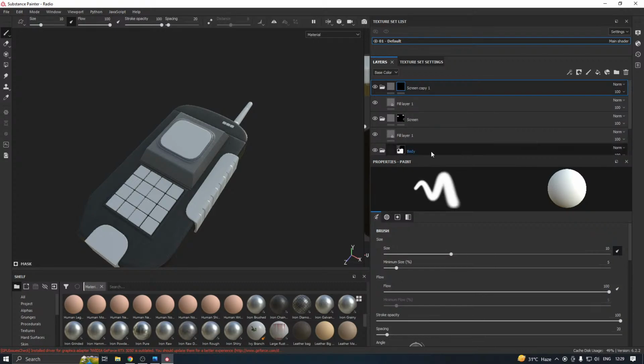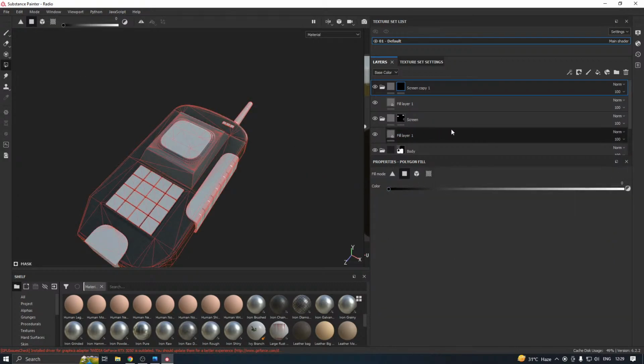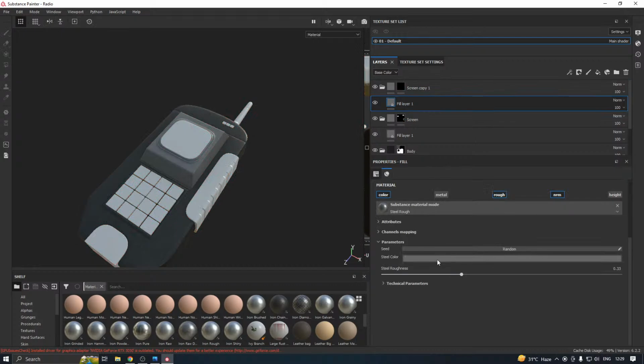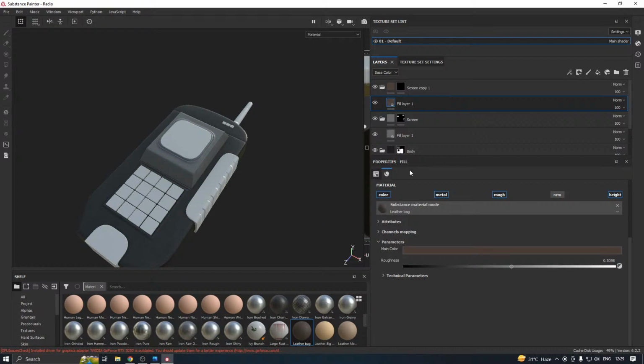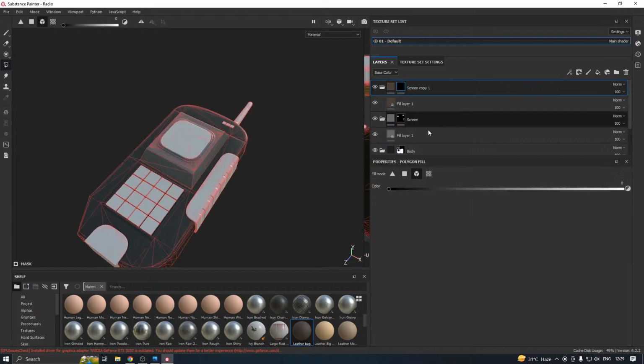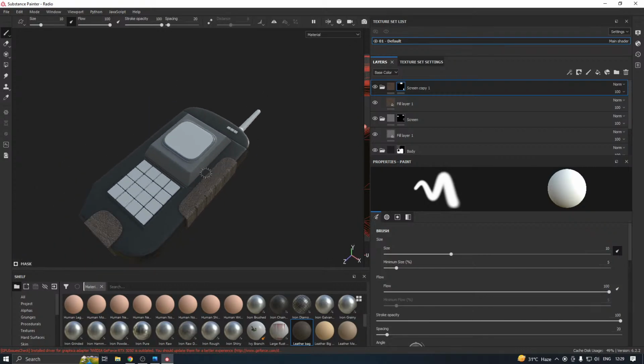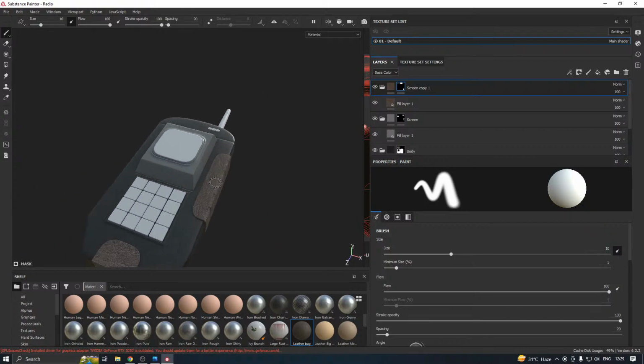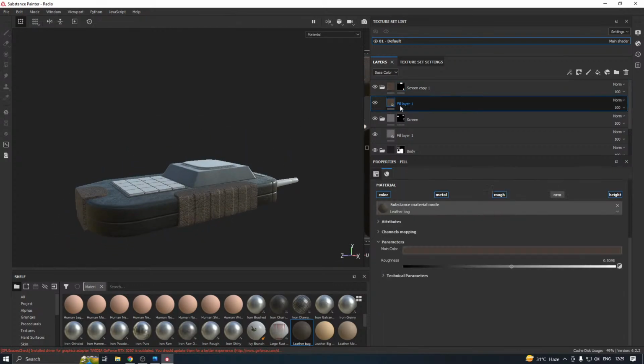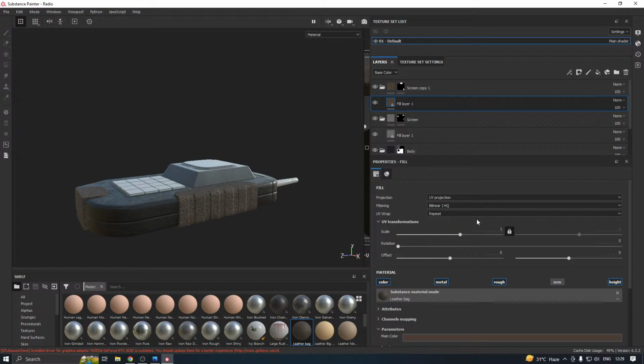Clear the mask. And we can go to this polygon fill. We need to select these two. And I'm gonna change the material to image. This is more like a leather type. And we can change the UV scale to